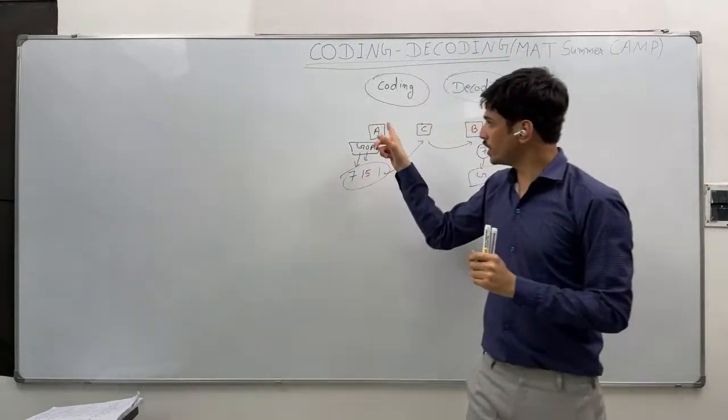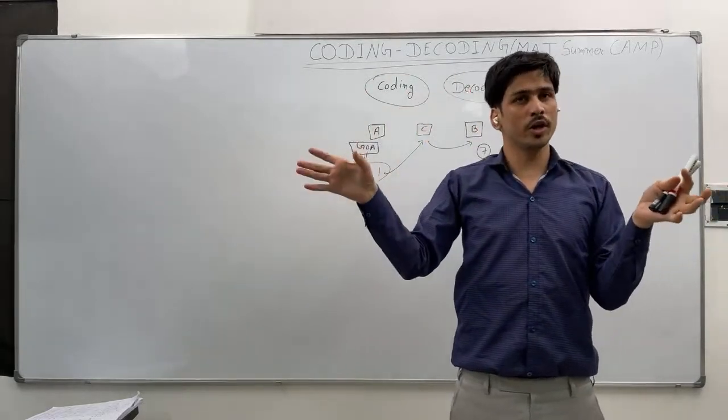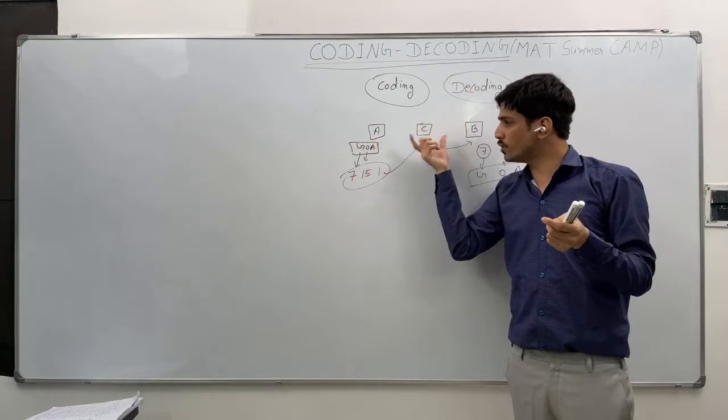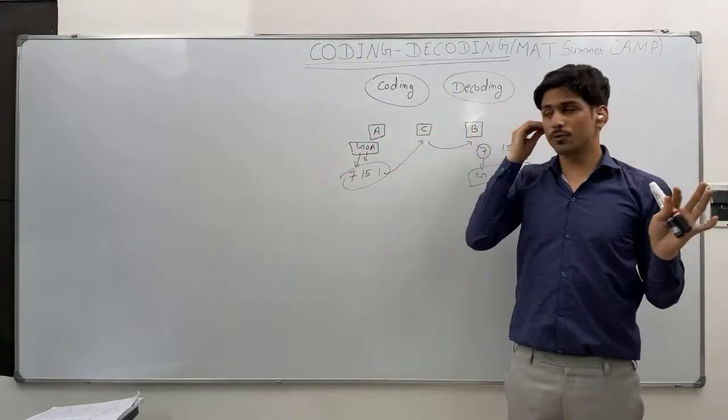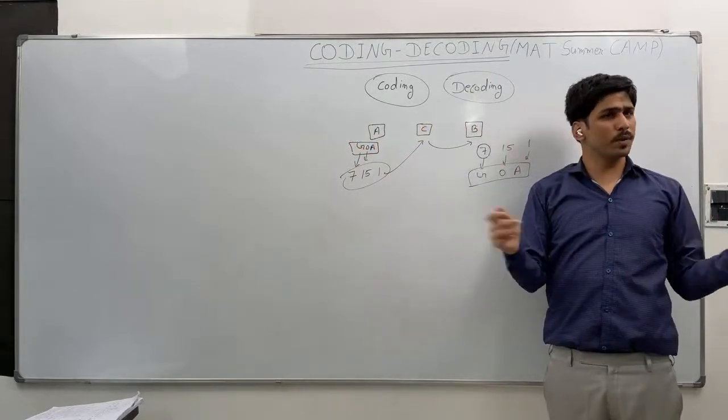Clear? So what is coding? A simple message we are converting into a code. Why are we converting it into a code? Because we don't want any in-between person to read that message. If you simply give the message Goa, C can also open the piece of paper and read it,